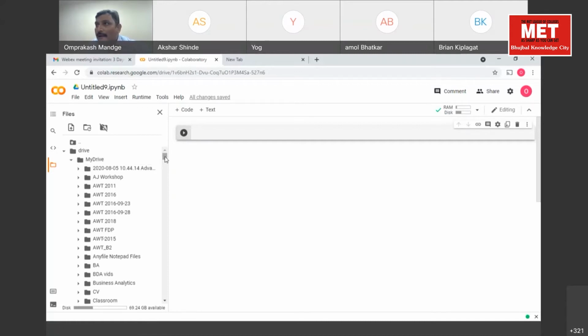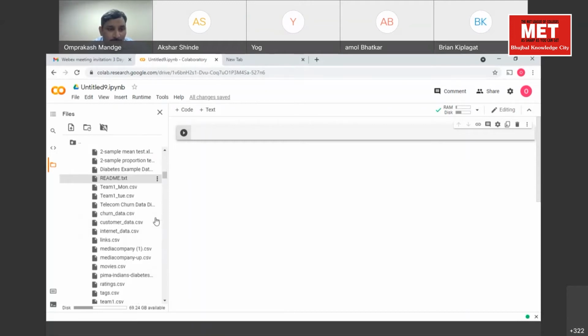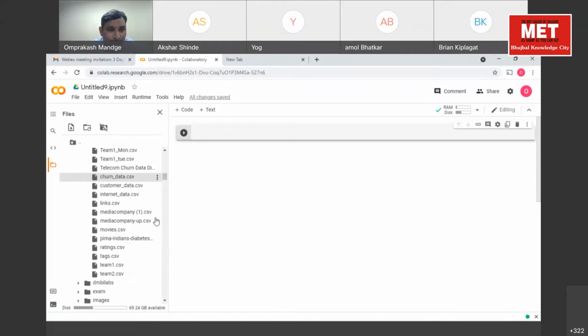Have you got the link for files? We are sharing the link for files on chat. Just download those files. You should have a Google account and you will find all these files there. I'll tell you what we have to do.